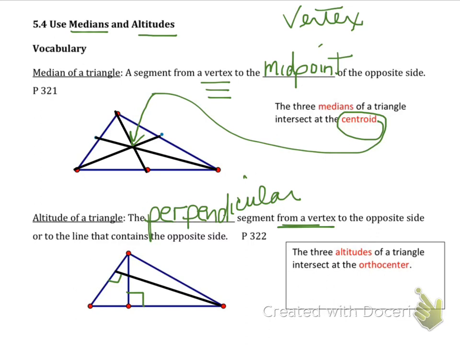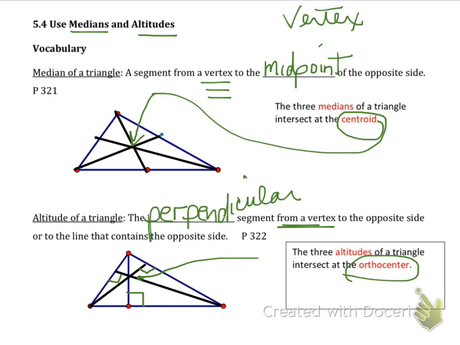Then let's come from this remaining vertex to the other side, and I'm going to go out on a limb here and tell you that that's a right angle so that I can make the point that all 3 of these altitudes intersect at the orthocenter. So the orthocenter is where they all intersect. All right, now let's play around with some of the theorems that pertain to medians in particular, because they're going to help us do our measurement. So we'll do that on the